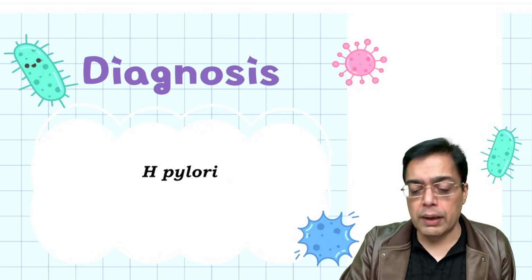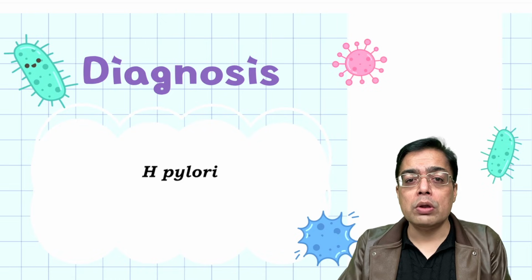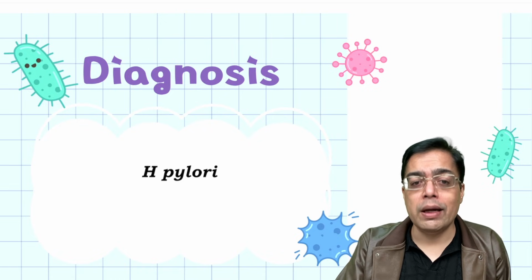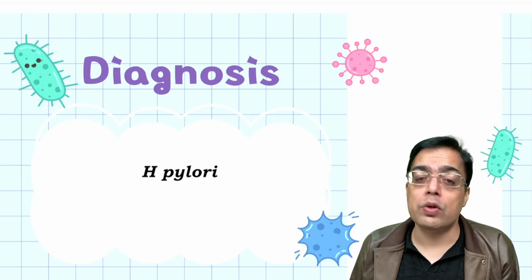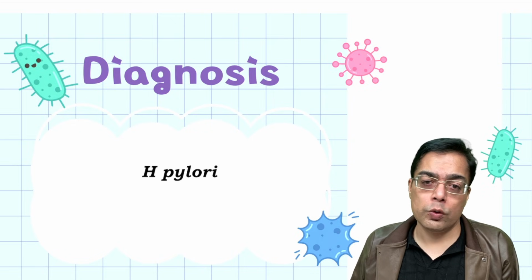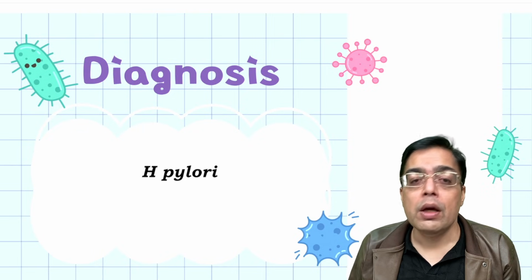H. pylori, Helicobacter pylori. The moment I think of this particular organism, of course, I know about the commonest location in the stomach, that happens to be the antrum. I know why this bacteria survives inside the acidity of the stomach: because of being urease positive. And of course, the very important classical pharmacology question, what do I do for the